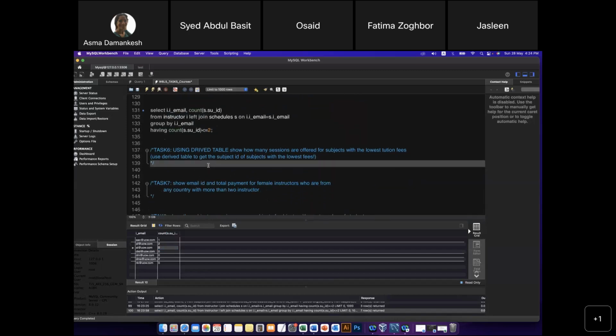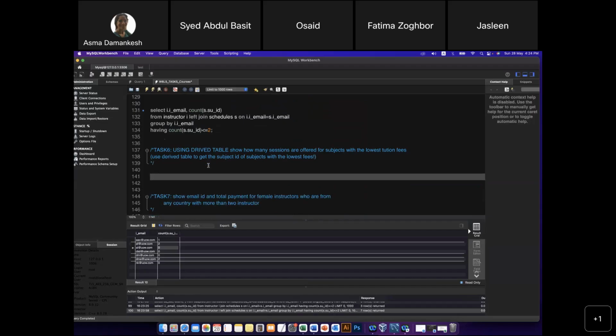Using drive table, so how many sessions are offered for subjects with the lowest tuition fees? Use drive table to get the subject ID of subjects with the lowest, it's telling you what to do. Okay, how do I get the subject with the lowest fee? Select, select, what do I want exactly? Show how many sessions are offered for subjects. So SUID from subjects where